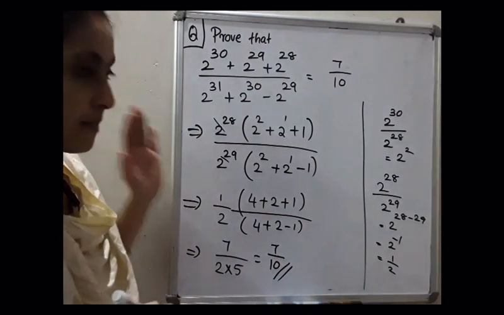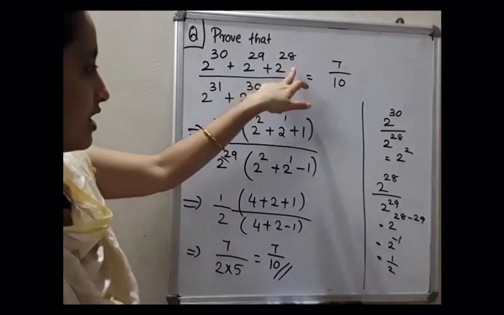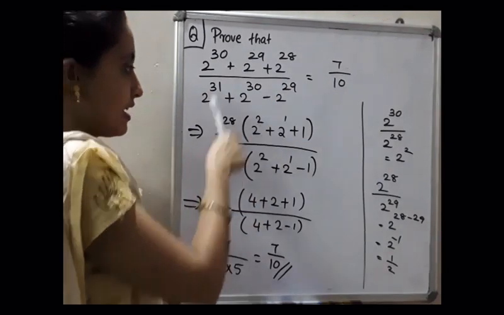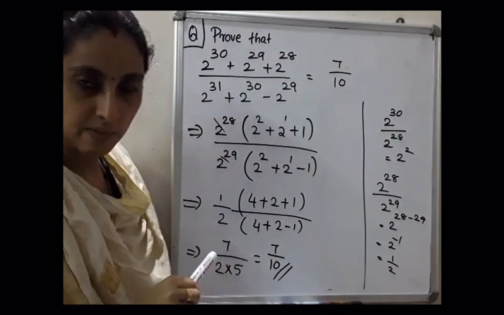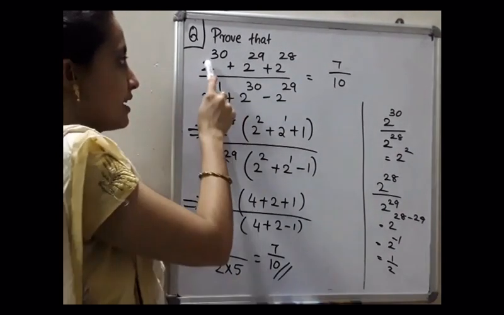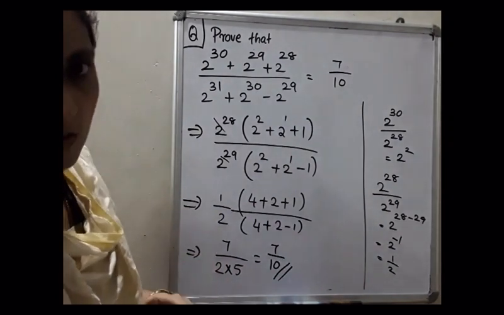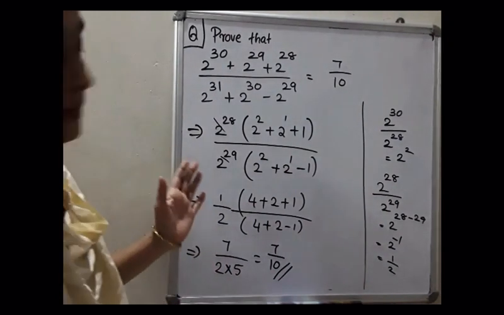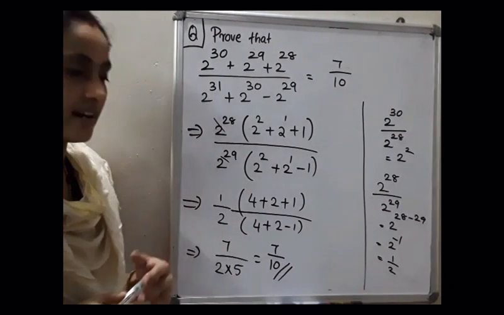Remember, the smallest term you have to take outside. Here the smallest number is what? 2 raised to 28. That is taken outside. If that number is taken outside, the remaining terms should be divided by what? 2 raised to 29. Likewise you got the answer. Please write it down correctly. I will do one more question, then you will understand how to do this. Please write this down now.